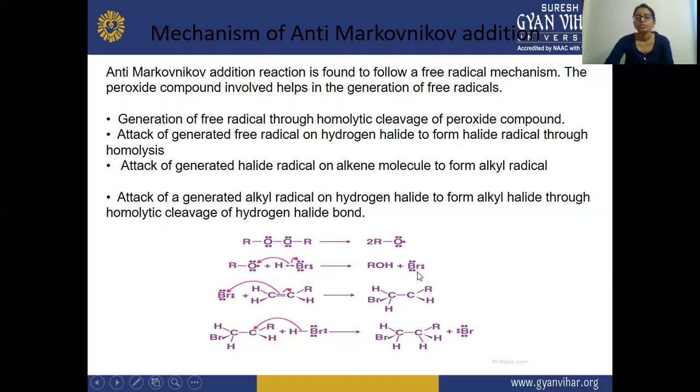After that, this Br, which has an unpaired electron, will attack the carbon atom having more hydrogen atoms, because this is anti-Markovnikov. So Br will attack this position. The small arrow shows that one carbon withdraws electron from the other, so this carbon gets the negative charge and the other carbon the positive charge. This carbon has more hydrogen and the other carbon has less hydrogen.